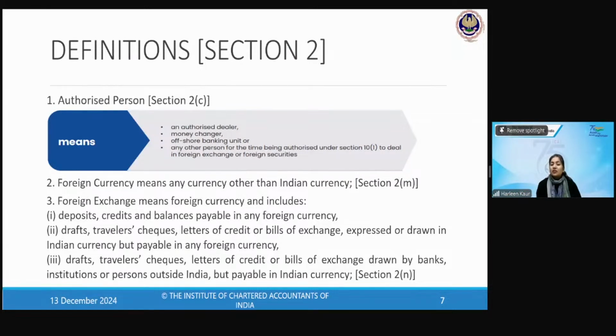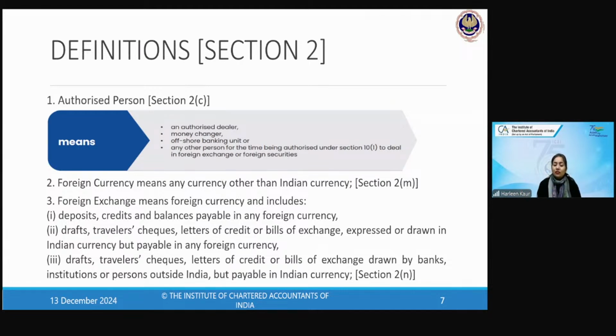And any deposits, credits, balances which are payable in foreign currency. So foreign exchange means I have to pay any money outside India in US dollars. So I will be using the word dollars, which means foreign currency. It is not that only the dollar is a foreign currency. All these yens, pounds, euros, everything other than rupees is foreign currency. But just to make you understand, by using any one particular currency, I'll be using the name of dollars. Okay. So if I have to make the payment in dollars, then that is foreign exchange.